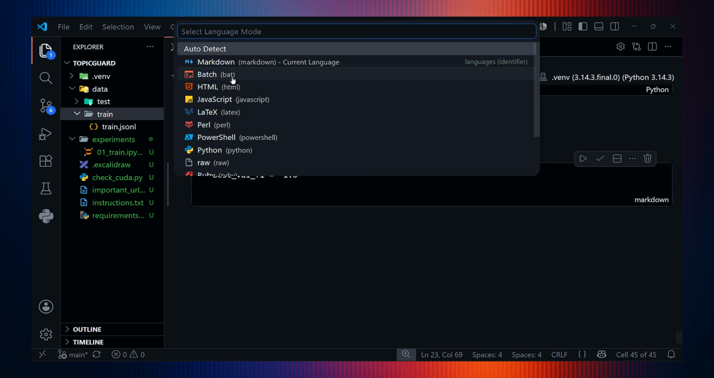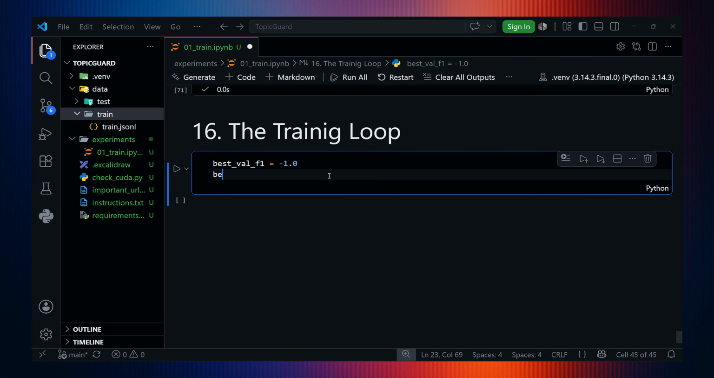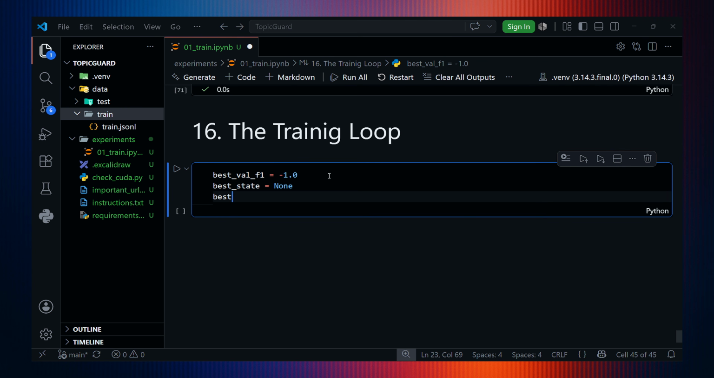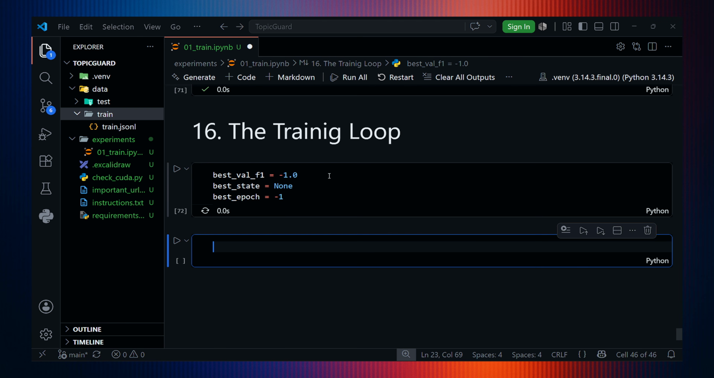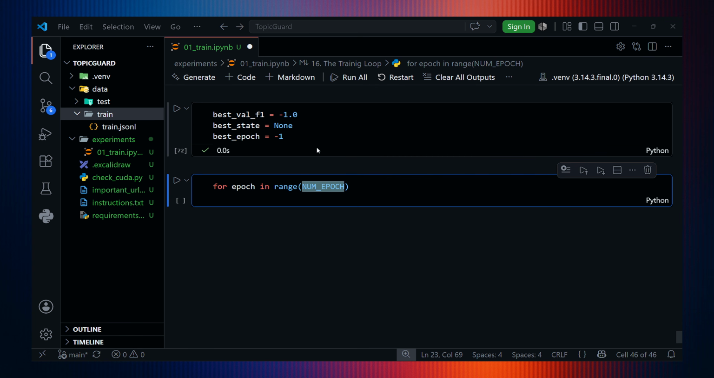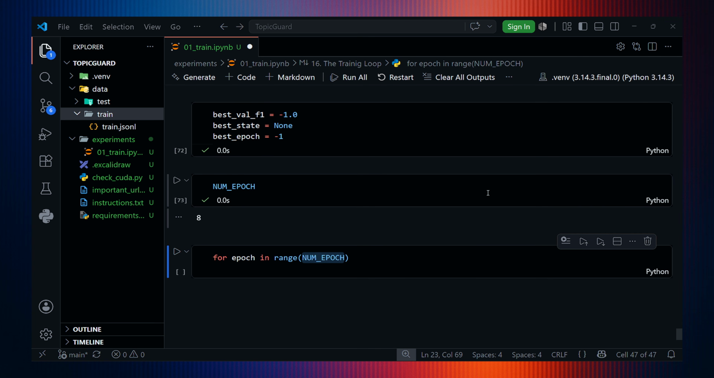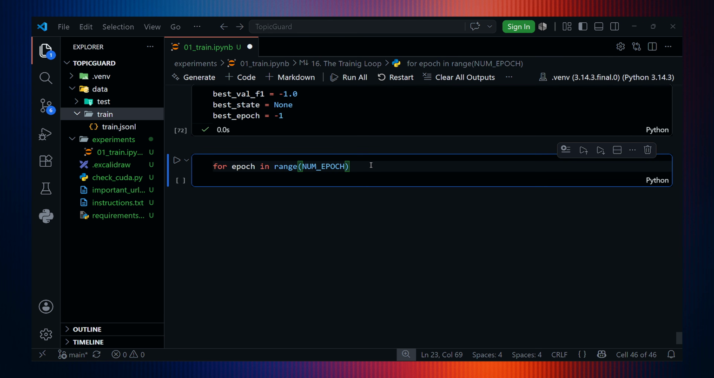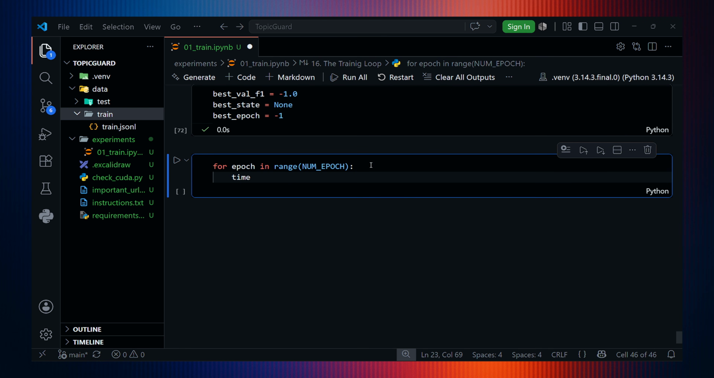This one is markdown. It should be Python. And then best state, because we need to save the model, I will be saving the model. And best epoch, which one is the best epoch? Okay, so to track it, these are just some static values. Once this is done, now for epoch in range of total number of epochs. Is it number epoch? There is a lot of code here. Yes, number epoch. Okay, for epoch in range of number epoch,